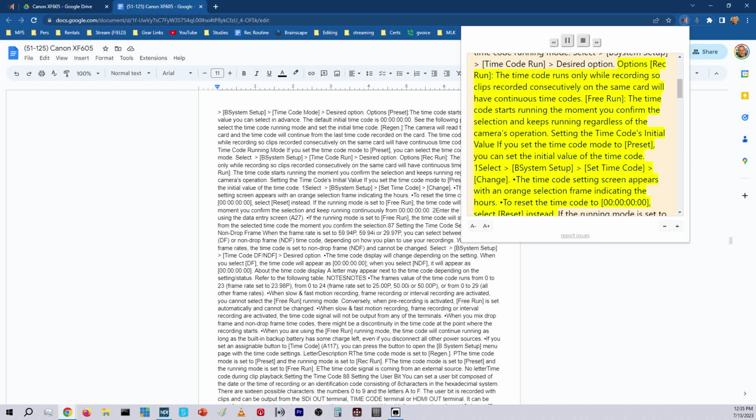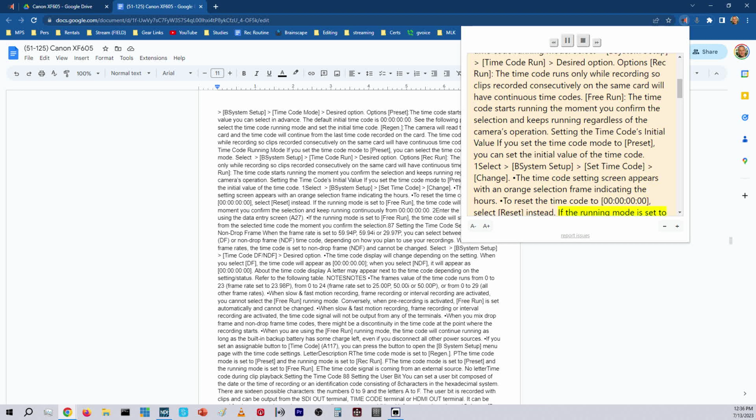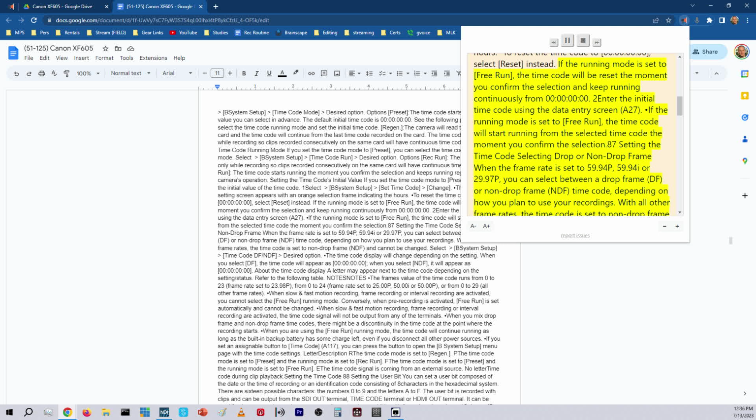Setting the timecode's initial value. If you set the timecode mode to preset, you can set the initial value of the timecode. 1. Select B System Setup, Set Timecode, Change. The timecode setting screen appears with an orange selection frame indicating the hours. To reset the timecode to 00:00:00:00, select Reset instead. If the running mode is set to free run, the timecode will be reset the moment you confirm the selection and keep running continuously from